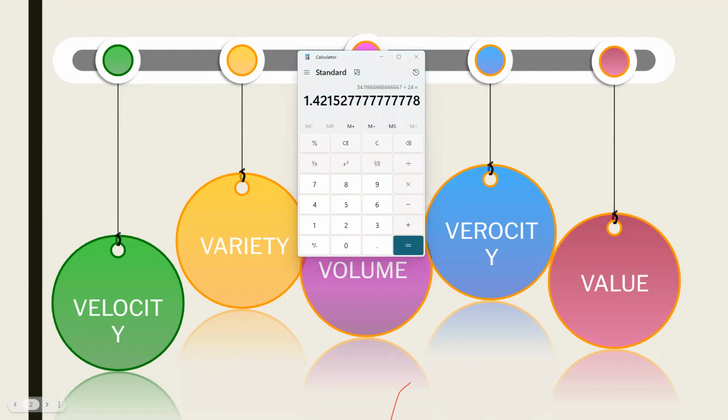Got it. Okay, awesome. So velocity is clear. Now comes the variety. How could variety be the big data, right? So when we are talking about variety, we are talking about structured, unstructured, and semi-structured data sets. Now, the way variety contributes to big data is,